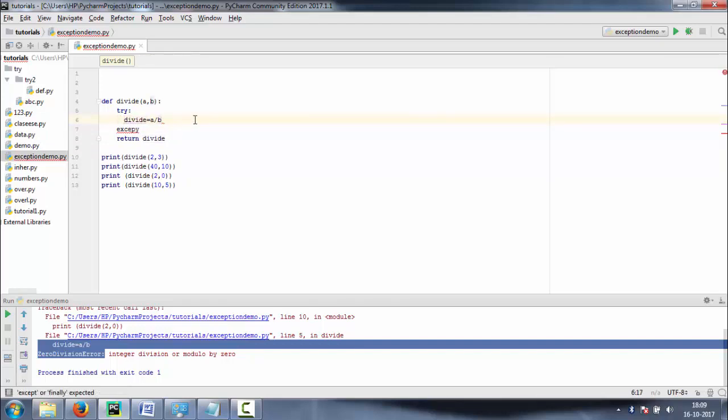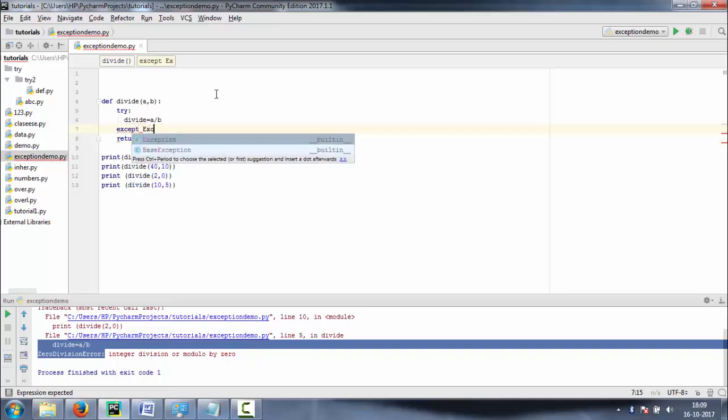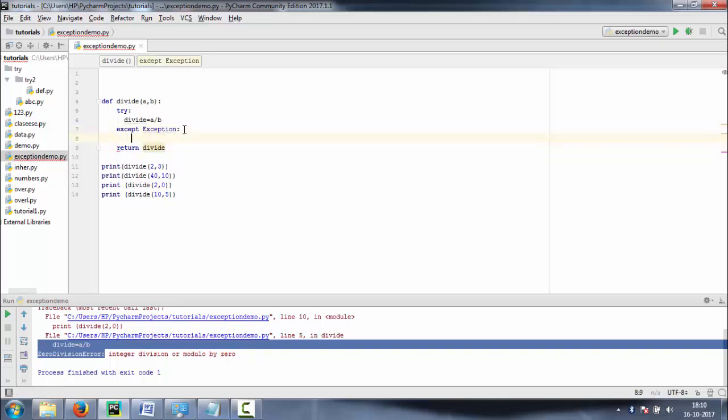Let's see what happens. Exception. Now, if any case occurs, it will print exception. Now let's run the code. Let's see what happens.